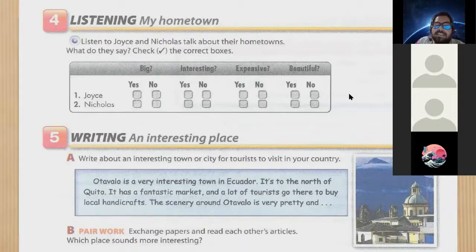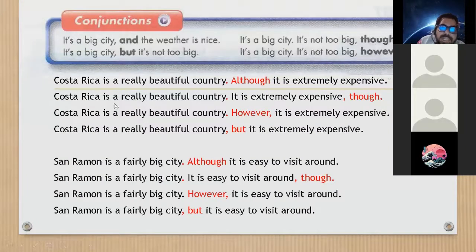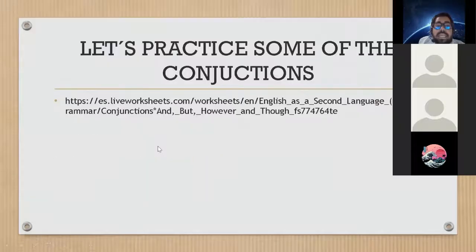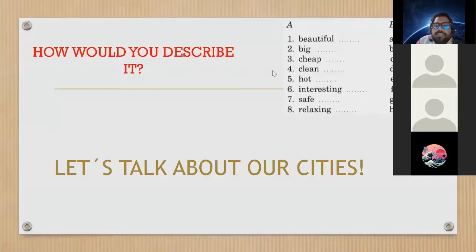So what is the idea, guys? Writing a small paragraph about a city or a place that you love. Remember to include the words studied, guys, the conjunctions, something like this. Y pueden utilizar esas palabras del inicio, guys, from the vocabulary, interesting. Think about this, guys. Describe it like this. Okay, yo quiero que ustedes formen sus oraciones.